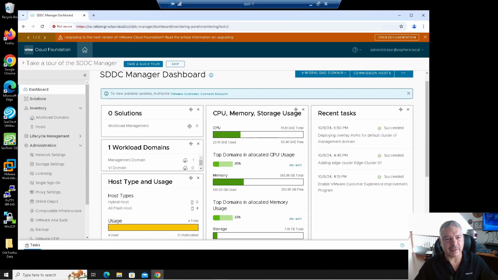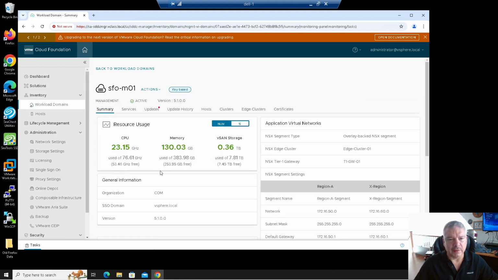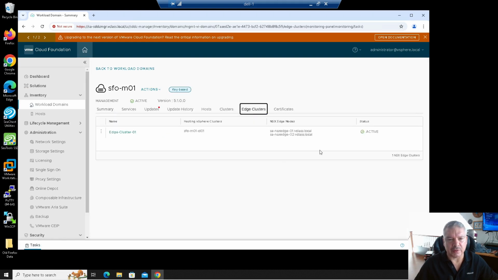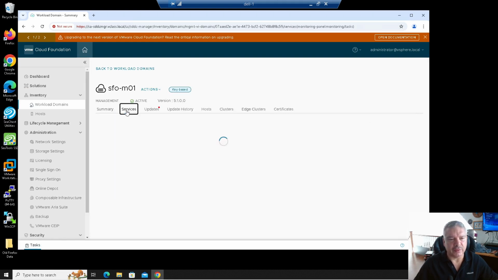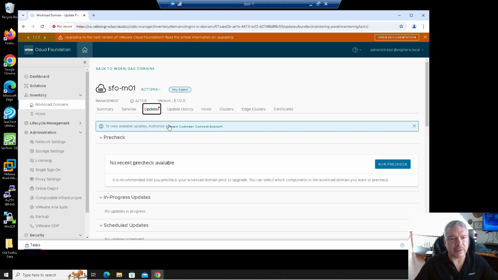All right, everyone, let's get started. I'm connected to my SDDC Manager. You'll see I have one management domain here. I don't have a virtual infrastructure domain. When I click on my management domain, you'll see I've got some edge clusters. Under services, I have my vCenter Server and my NSX Manager cluster, which is only one node. If I click on updates, give it a few seconds, it comes up and says